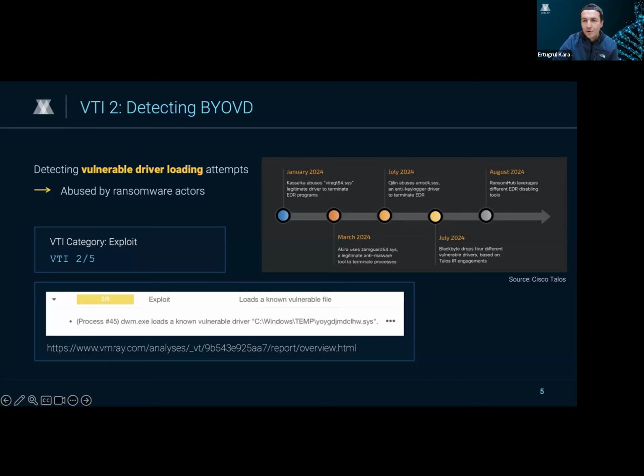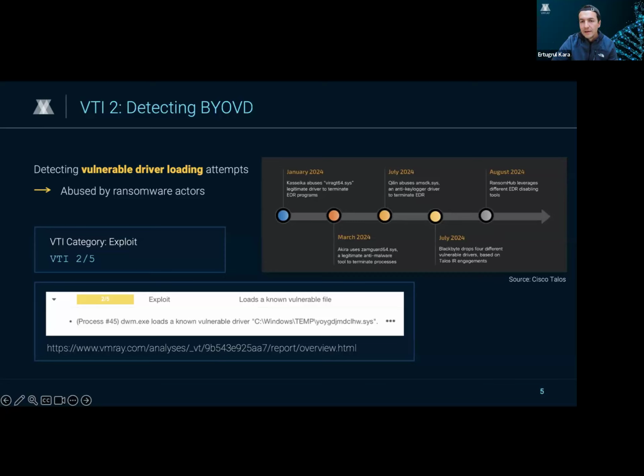But if they have a flaw, attackers can, for example, load the vulnerable driver onto the target system and exploit the flaw to gain kernel level access. And as we said, it can be dangerous. They can disable security tools and make the malware execution undetectable. Previously, we rolled out a Yara rule around this to catch some of the more common BYOVD related files. But now we have added an extra layer, a VTI, so that we are flagging this